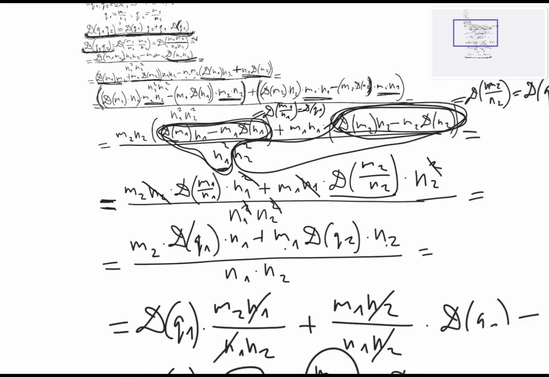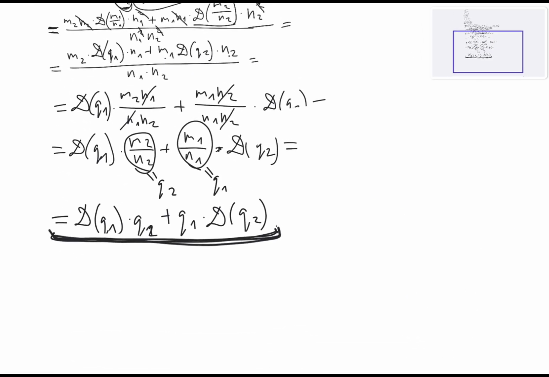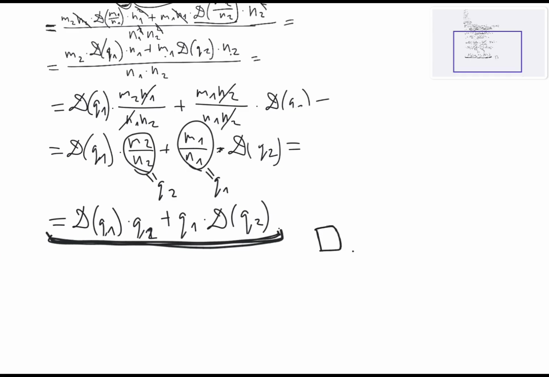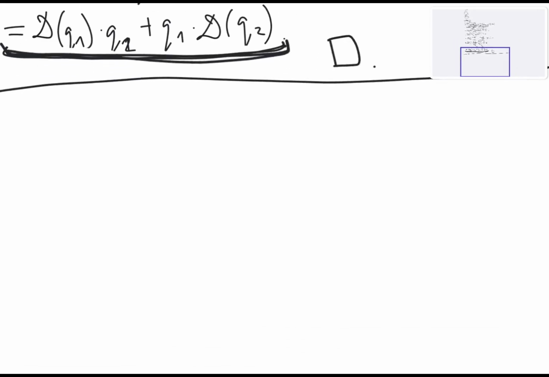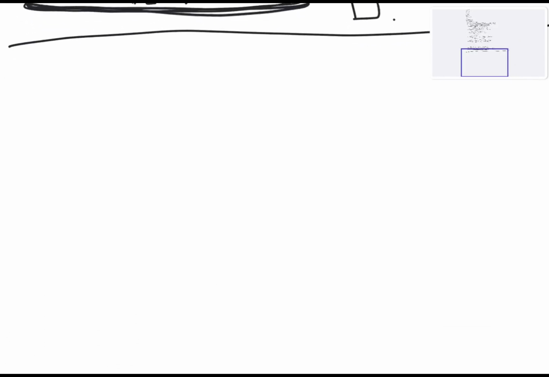So basically this concludes the proof of the product rule for any rational numbers. So it shows that our extension of the arithmetic derivative to the rational numbers defined above preserves the product rule. Like the product rule still holds for this extension. So now I think it would be useful to show a couple of examples